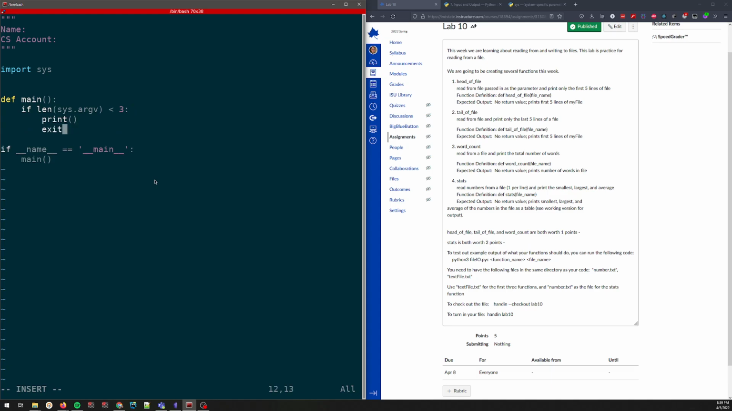And then we want to exit. And it's not necessarily an error. In this case, we won't give a non-zero exit value. Let's go ahead, statement here, usage, and we will say